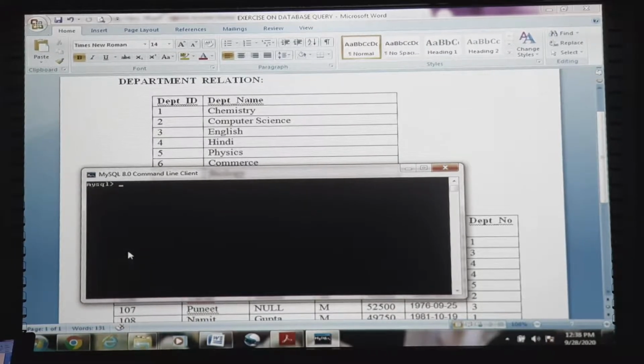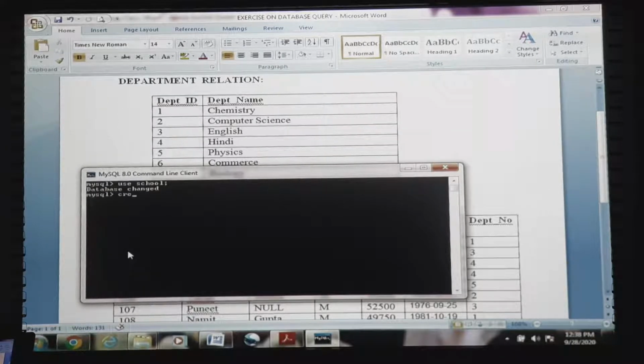So first is use school. Since we are getting inside the school database, the command for the same is use school semicolon. Press enter. Database changed, that means we entered inside the school database.